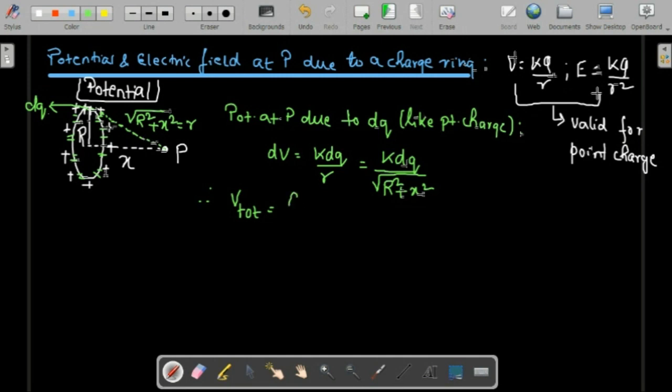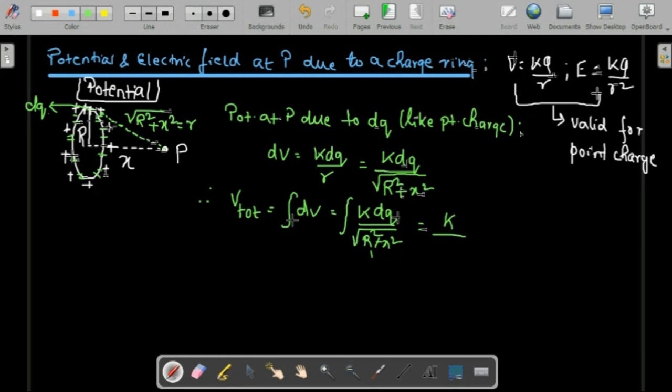So that means if I want to find out the total, this would be integration of dV, which is nothing but V total, which is integration of k dq by root over r square plus x square. What we should note here is that this distance, r square plus x square, is it a variable or a constant? The answer is it's a constant, because if you look at it from a three-dimensional point of view,